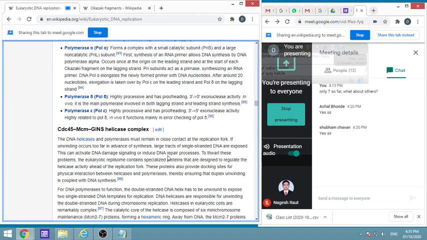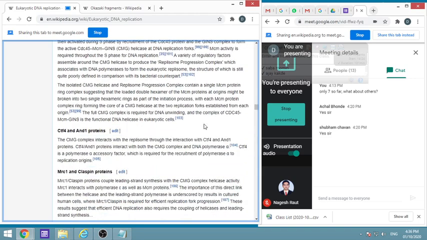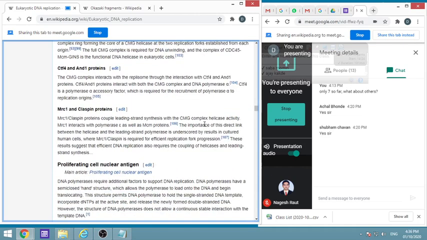It is mainly error checking, with polymerase delta helping into that. So these are the various complexes which are formed. I'm not going into that much detail on how each and everything is happening. We have just gone through the basic activities which take place, and how these basic activities play a role in